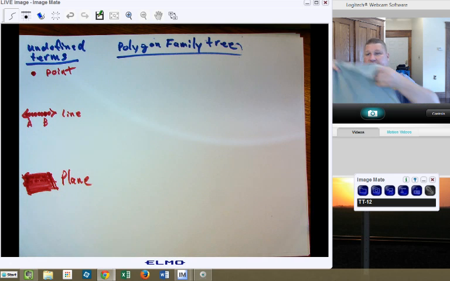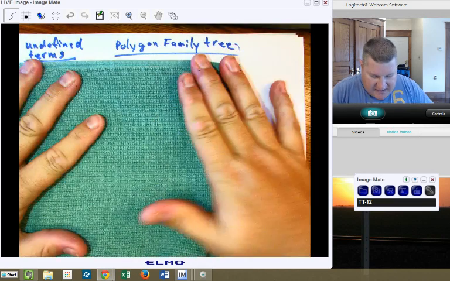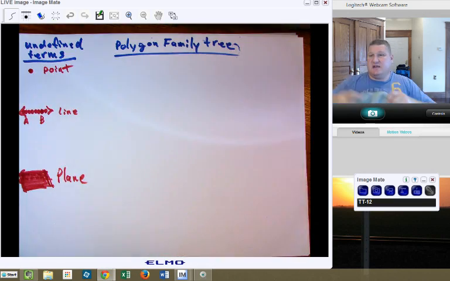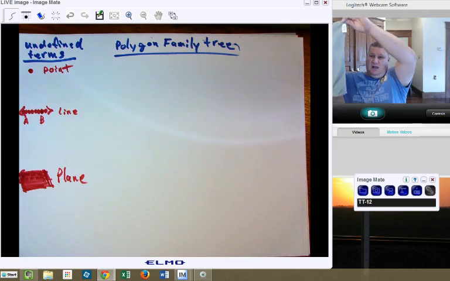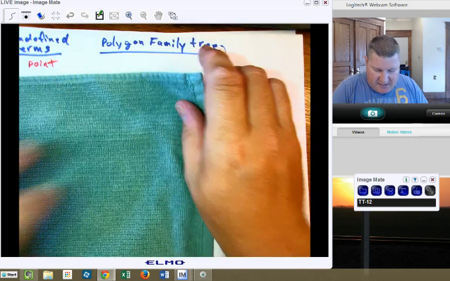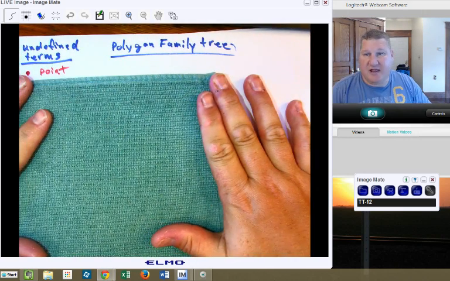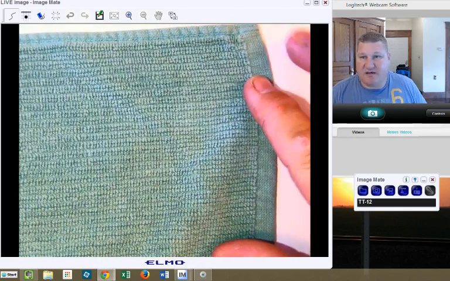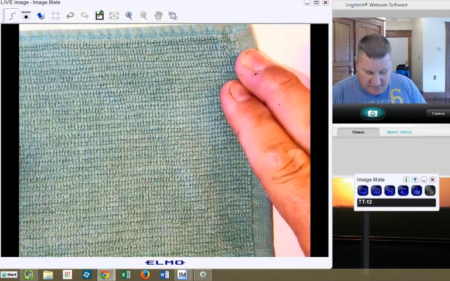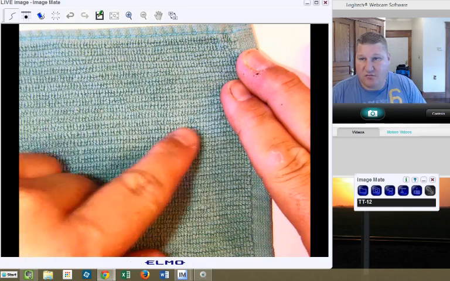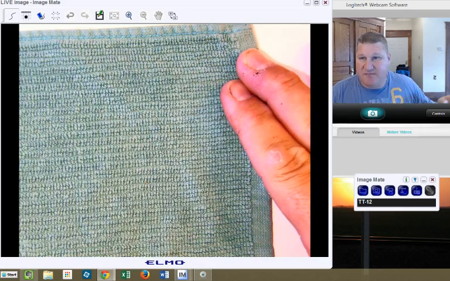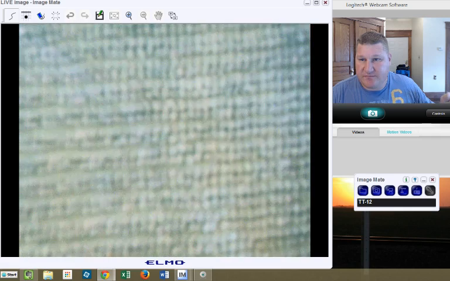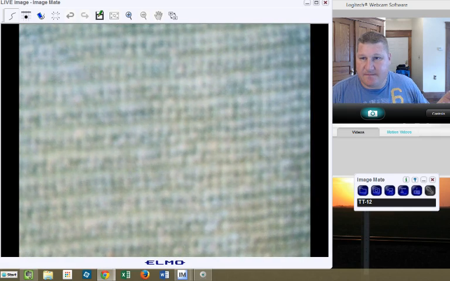I have a kitchen towel, all right? If I take a look at this kitchen towel, you would agree this is a plane. I can flatten it out, lay it here. It is a perfectly wonderful plane. But you'll also notice within this plane, because of the way it's manufactured, you can see definitive lines running through the plane. But if I zoom in even closer, you'll see